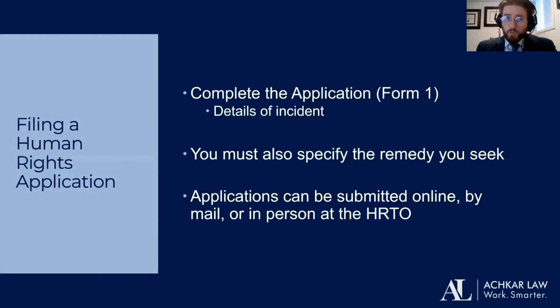On this application Form 1, this is where you fill the details such as who you are bringing the complaint against, so the respondent, details of the incident. Often there'll be sections within the smart form where you can actually put in the details. We often recommend actually attaching what's known as the Schedule A. So in those sections you say see Schedule A, and then you actually attach another document detailing the narrative, detailing your story of the discrimination experience. And it's good to actually have the details listed, such as who did it, when they did it, what they did, what they said, what evidence you plan on bringing forward.